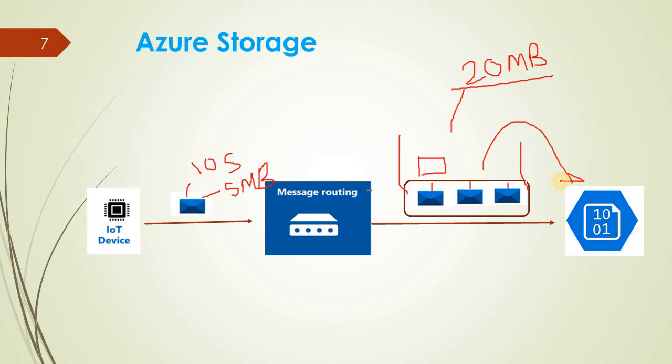So what are chunk window size and batch frequency? Chunk window size is the maximum size of the bucket that can store messages, and batch frequency is the particular time duration it will wait for messages to come. Whichever is reached earlier, either batch frequency or chunk window size, it will send the messages to the container.